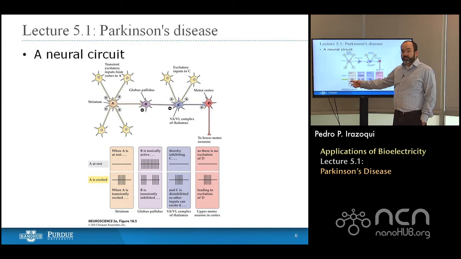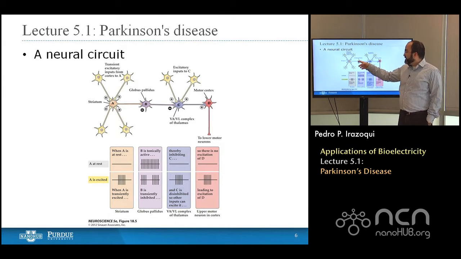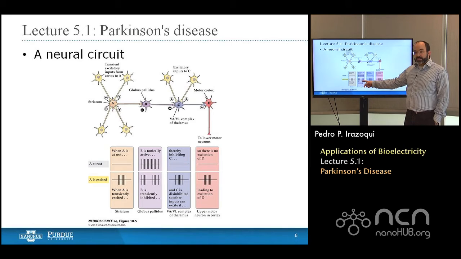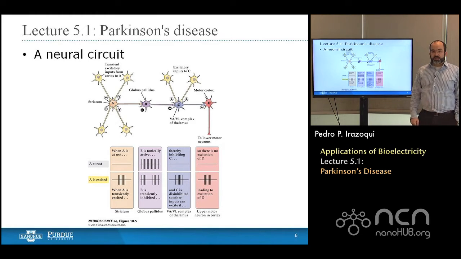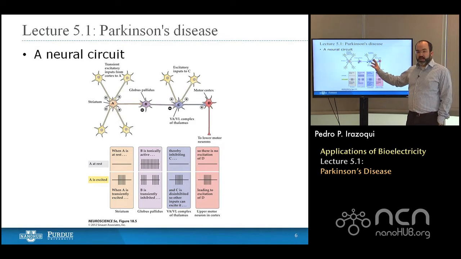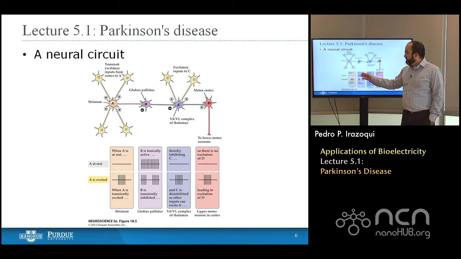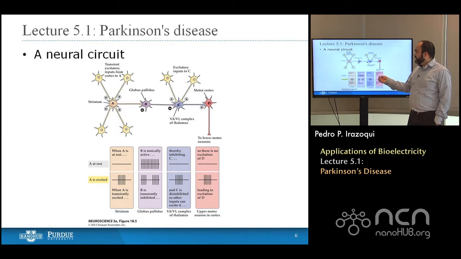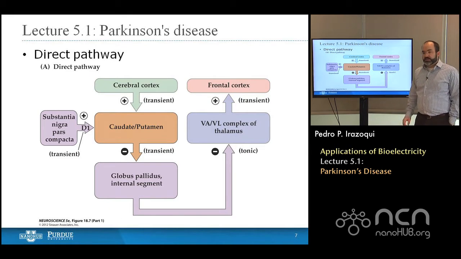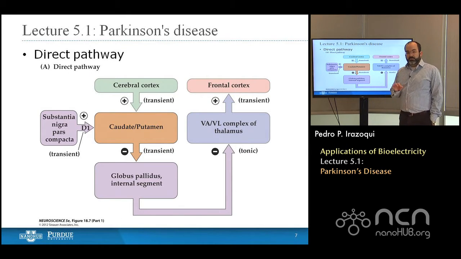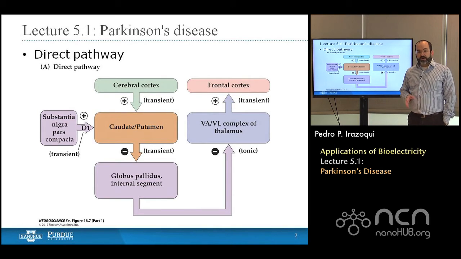Conversely, if A is firing more, then because it's inhibitory, B will fire less while A is firing. When it's firing less, C will fire more because it's not being inhibited any longer, and that'll lead to a net excitatory output of the motor cortex. So this is a simplified view of how you can stack these neurons together and how firing rates of different neurons would give you a different effect at the very end. So with that in mind, let's dive right into the two pathways that are involved in Parkinson's disease.